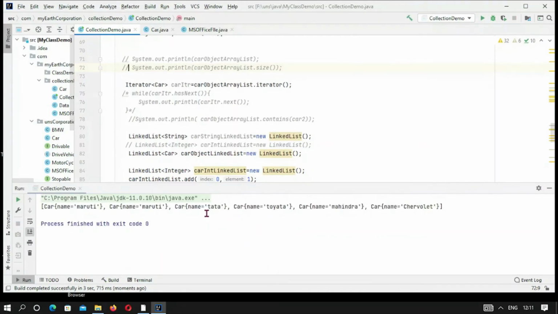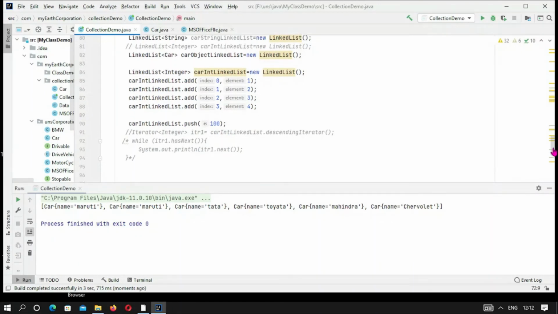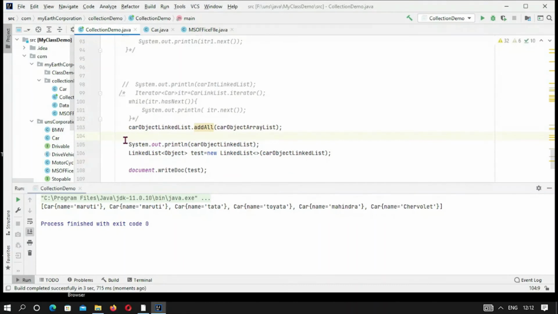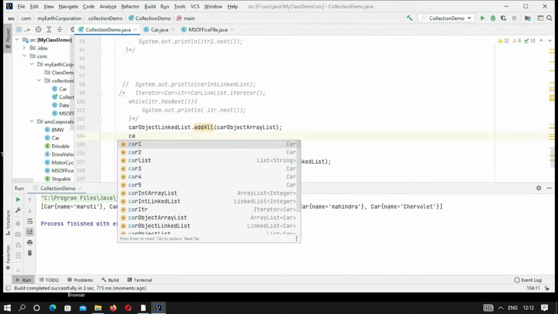You can see all the objects of the car object array list have been copied by the method car object linked list dot add all.